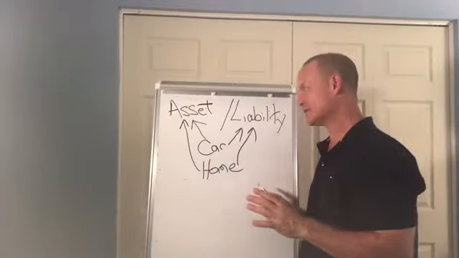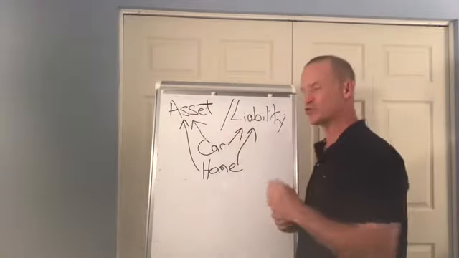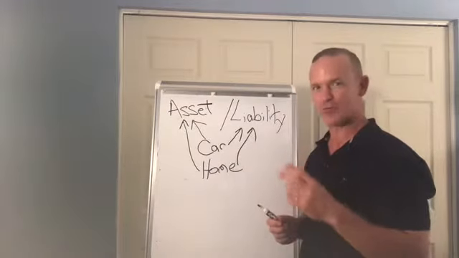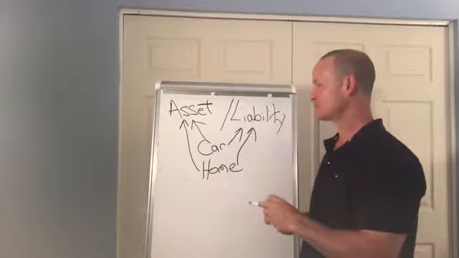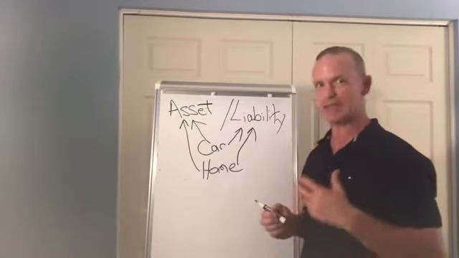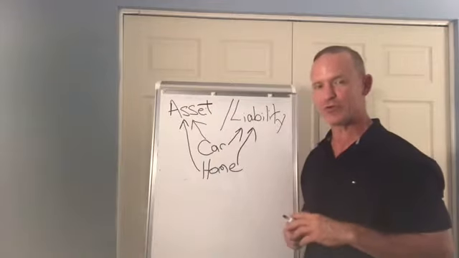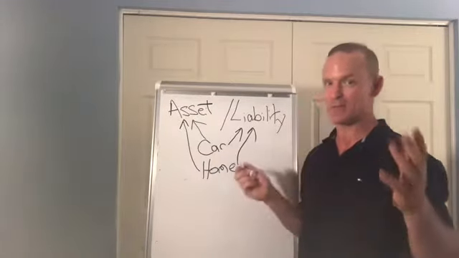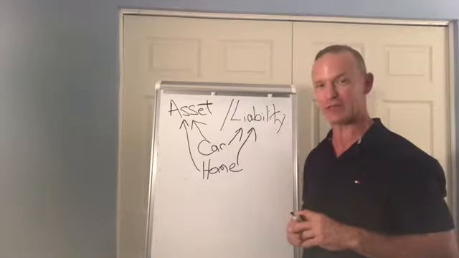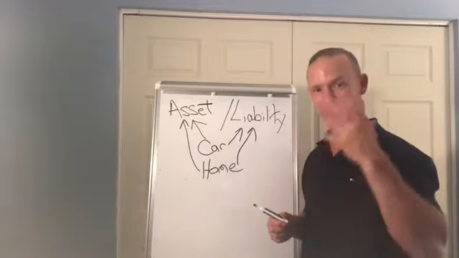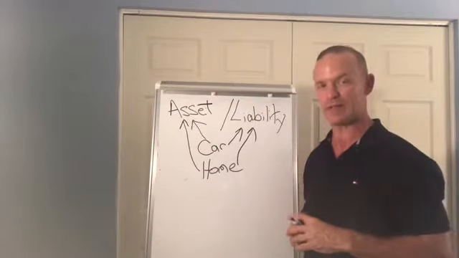So great little game, asset liability. You can draw it out like this, or we play a lot in the car. We'll just go back and forth, asset or liability. And like I showed in this example, if it is a liability, then you can probe a little further and say, then how can you make that liability into an asset? I mean, bingo, right? If they can start making liabilities into assets as a little kid, just think the type of ideas they're going to come up with as they get older.